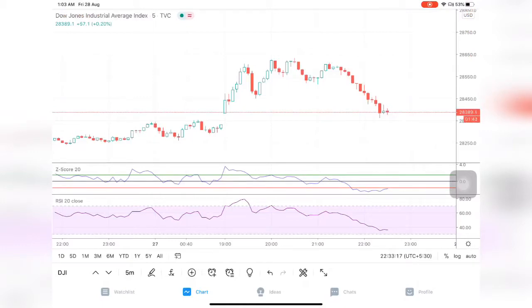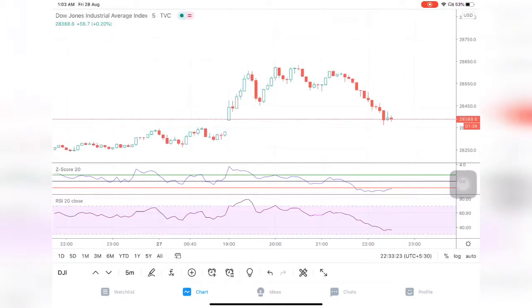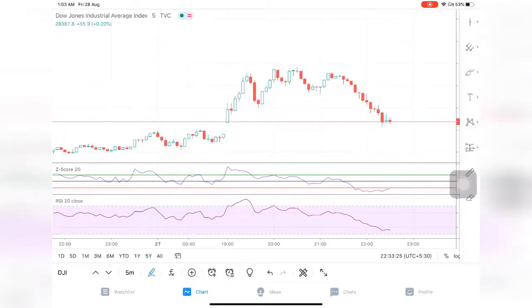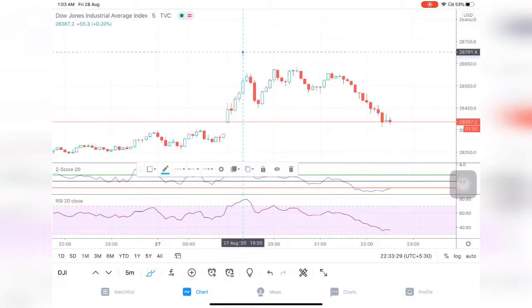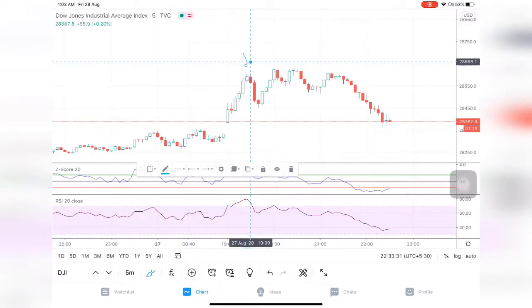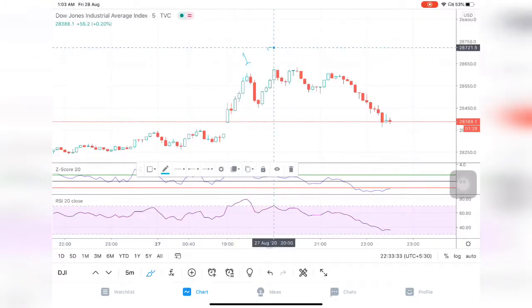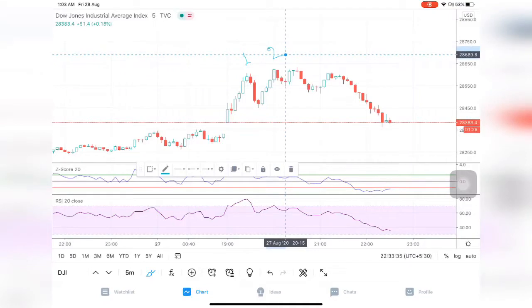So this is the Dow Jones chart, and this is the first high, and this is the second high of this period. Okay, so now you see